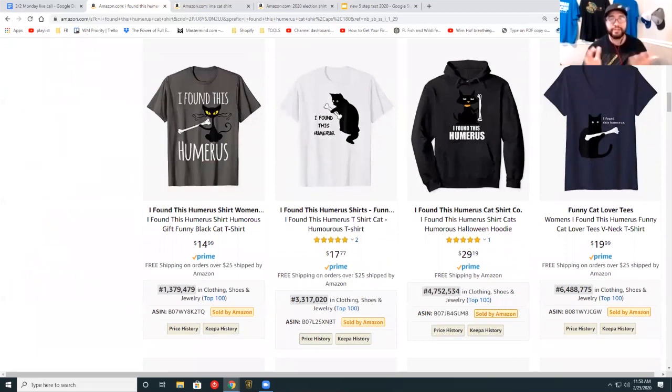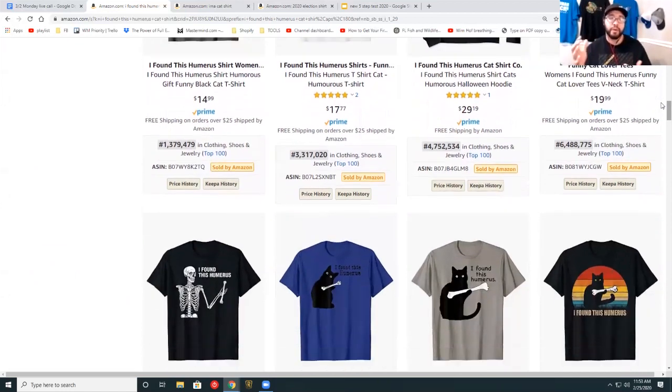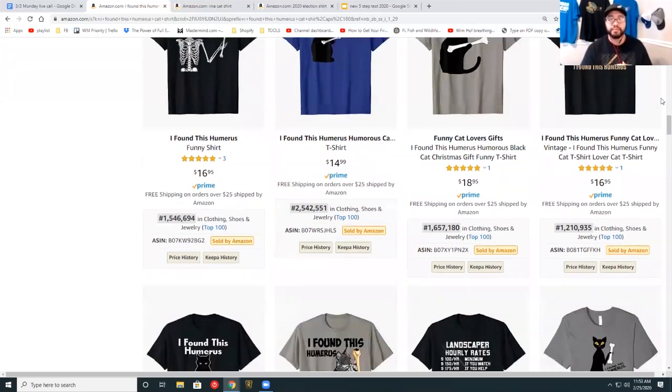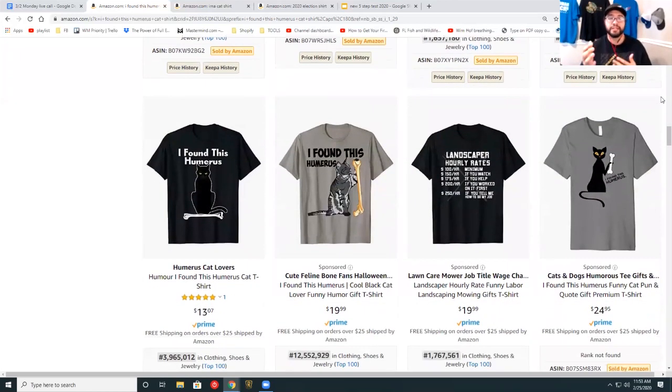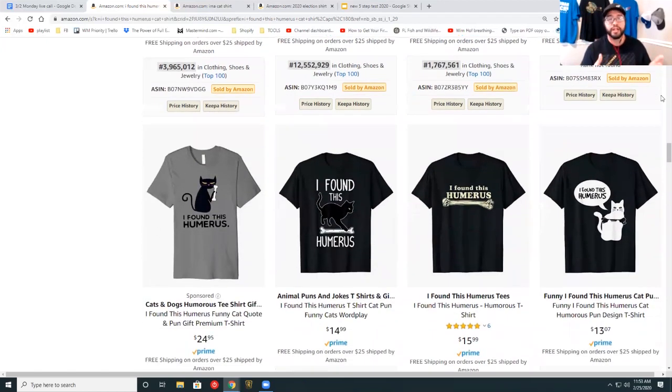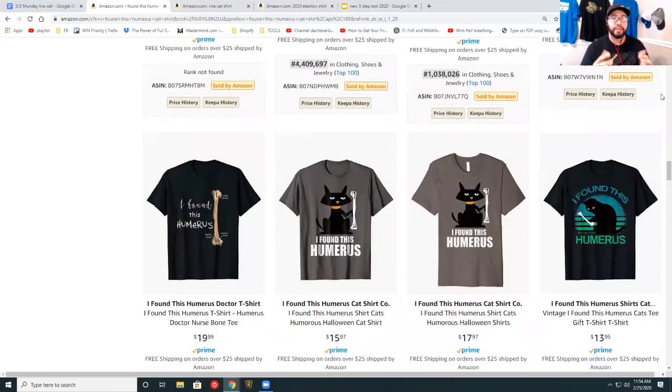Again, that's a pretty graphic-intensive thing. It's not as easy as just a silhouette of a cat holding a bone. But I think that would set you apart and still hit some of the major things that customers are looking for when they go to this page. So doing a skeleton cat holding a bone is just the first thing that popped into my head, but making sure that you're using "I found this humorous" as the text, trademark checking that, all of that good stuff. But if you're not able to do a skeleton cat, doing a cat silhouette maybe in a different form,